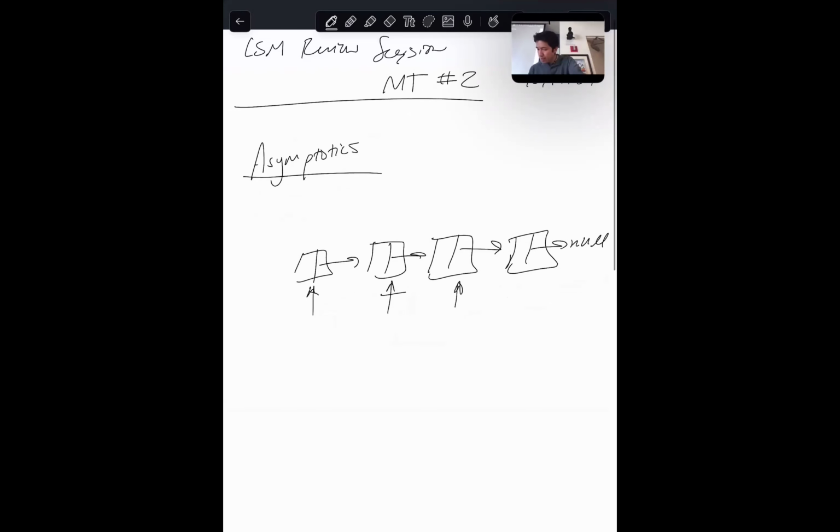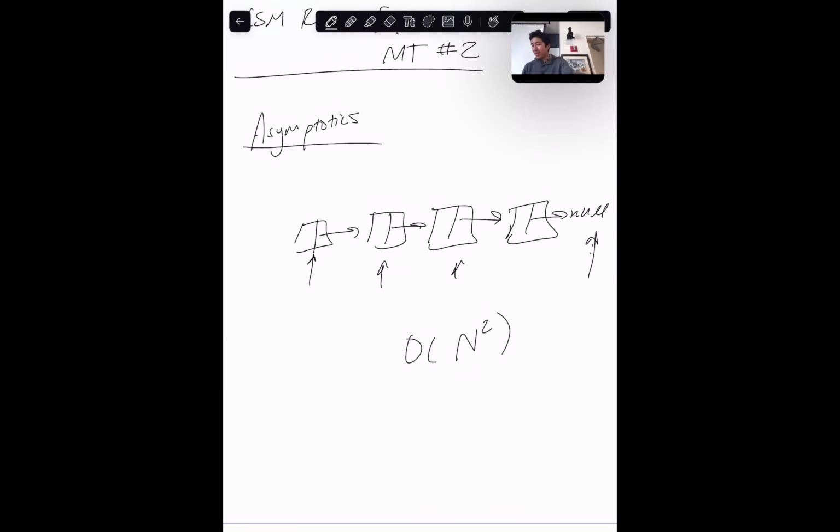So say I have this linked list here, right? And I start with the first element, and I want to go node by node by node until I've reached my null pointer. We would say this is a linear time algorithm, simply scanning the linked list. But if I were to say the upper bound for this algorithm is O of n squared, that would still be an answer. But it's not a really good answer, because although I know it just takes linear time to scan this, when I say O of n squared, that simply means that